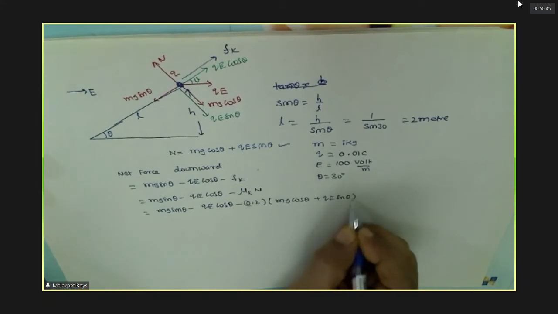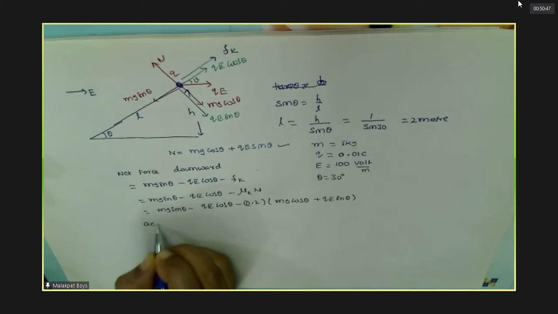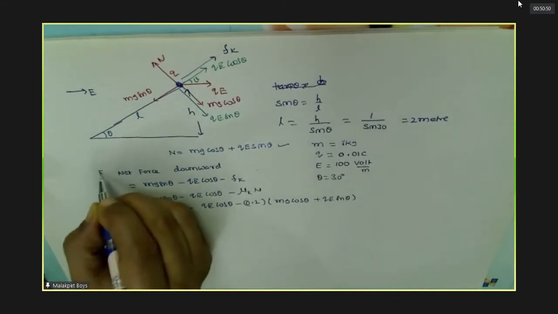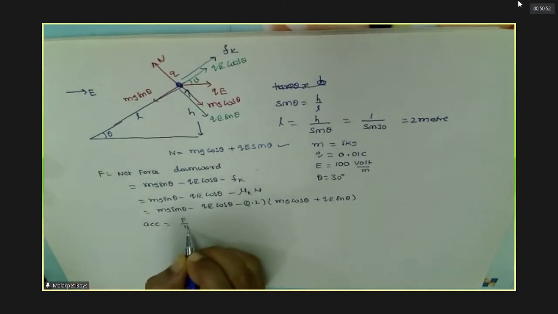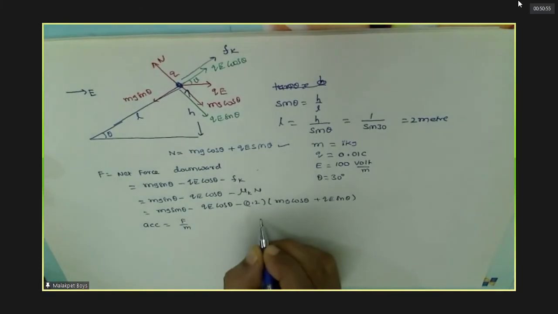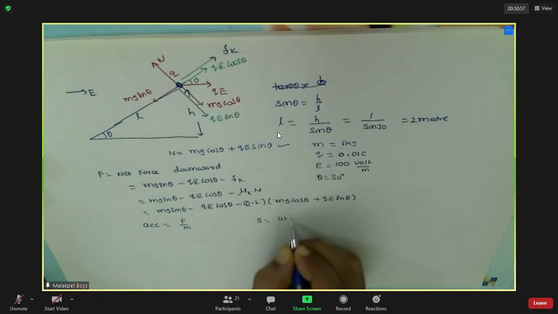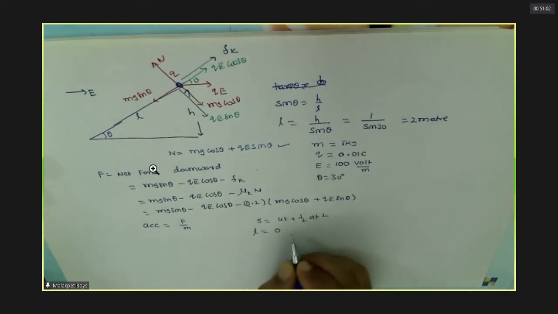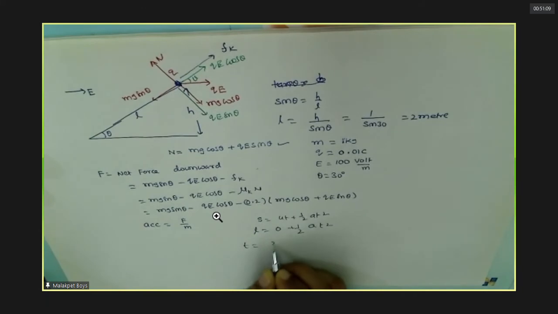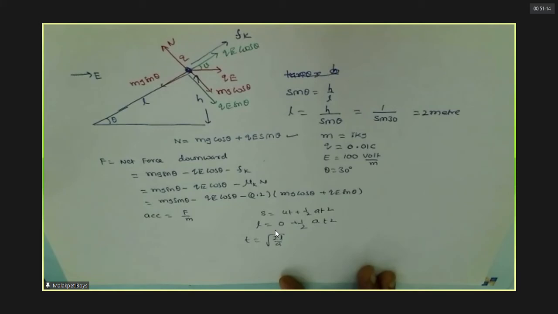Now when magnetic comes, it will be much worse then. So what is the acceleration? This force downwards by mass. So now you have time taken: S is equal to ut plus half at square. This is nothing but L. It starts from rest, half into the acceleration you already got. So you can get the time. Understood this method? Yes, sir. Understood.